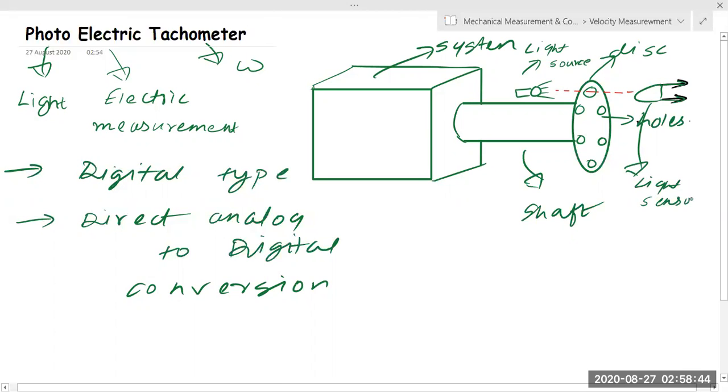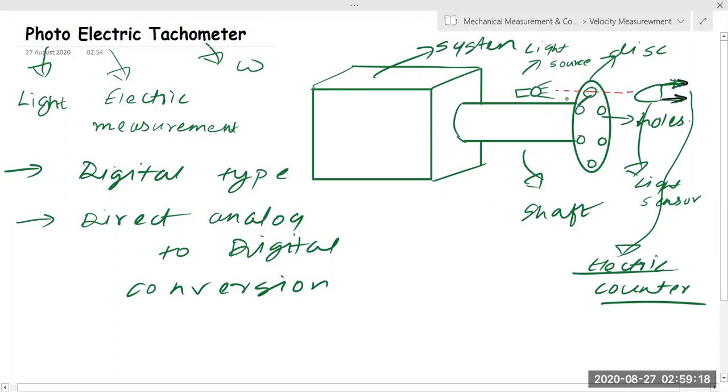One more thing that is very important is that whatever light is sensed will be converted into pulses. That will be converted into pulses with the help of these two arrows. This is nothing but my electric counter. It will convert the light signal into pulses, and the counter will count how many pulses there are. Simple as that.